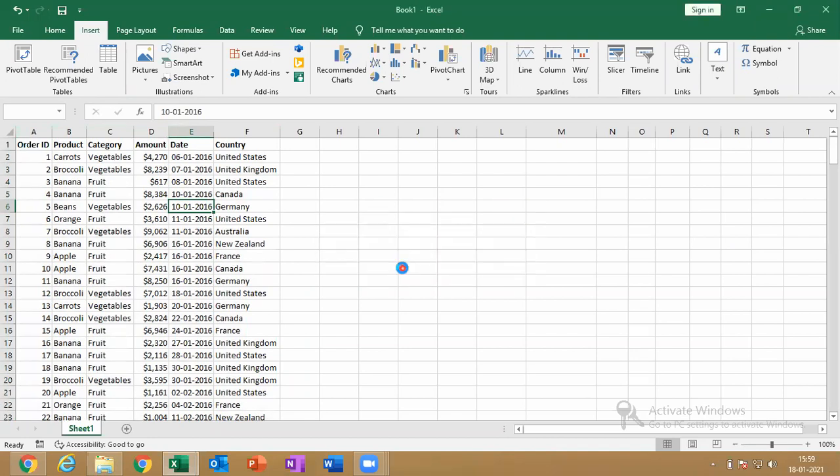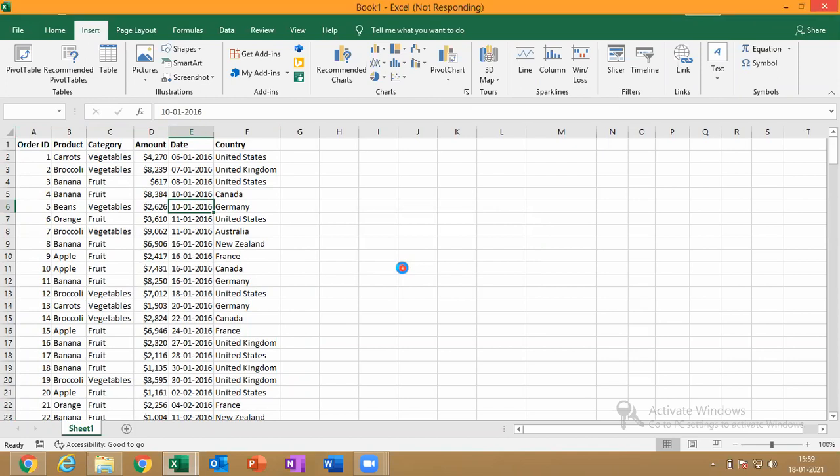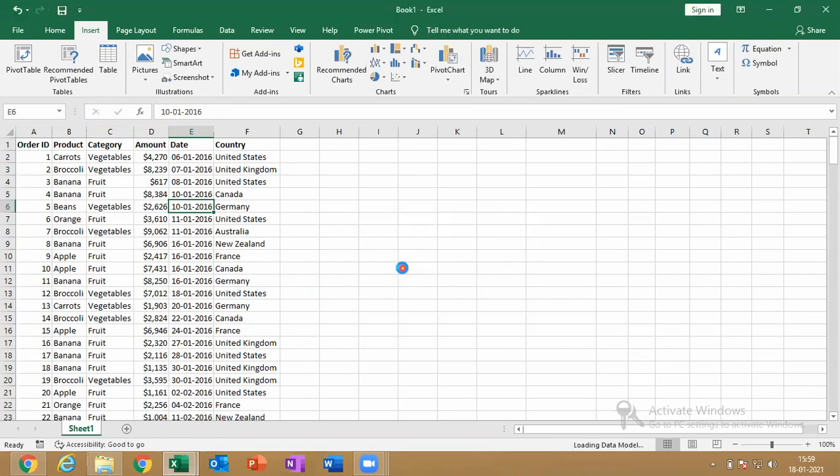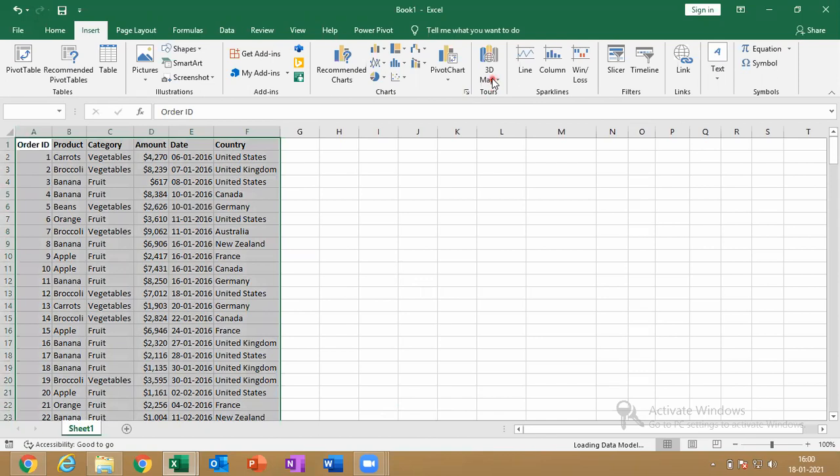Just enable. It will take a little time because the add-in has to be enabled.